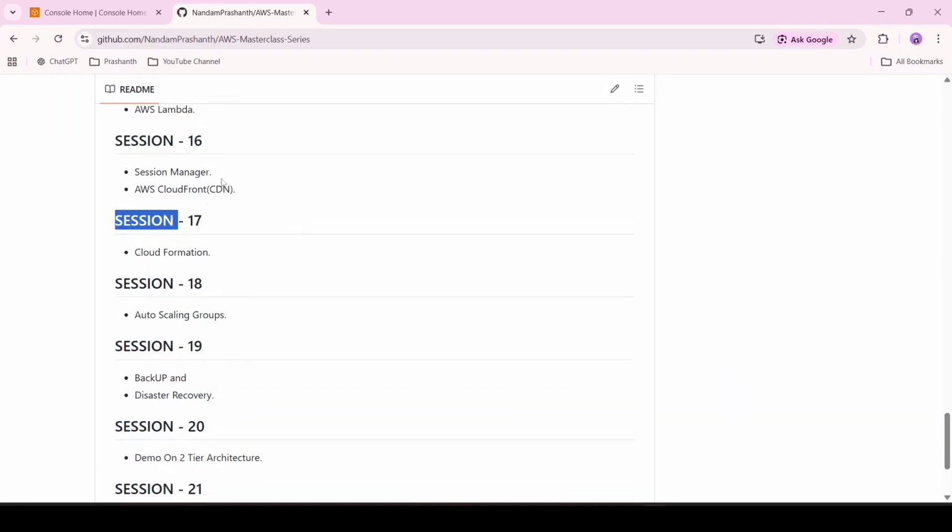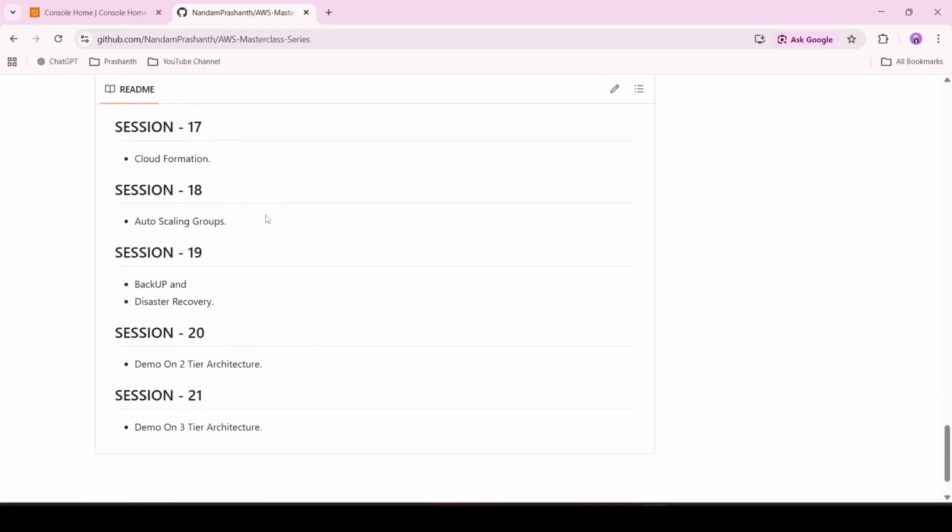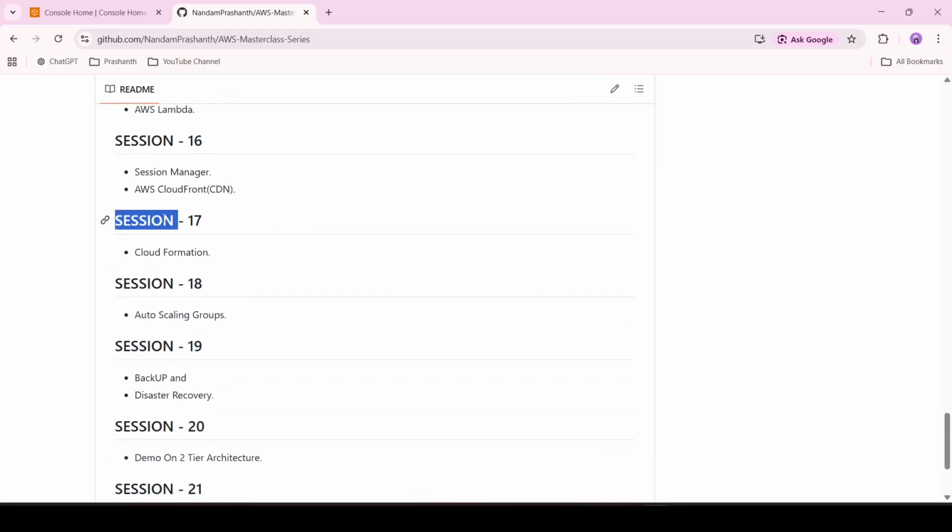As a part of our AWS Masterclass series, today we will see CloudFormation, which is session 17. In our last session, we have covered AWS CloudFront, and today we will be going with